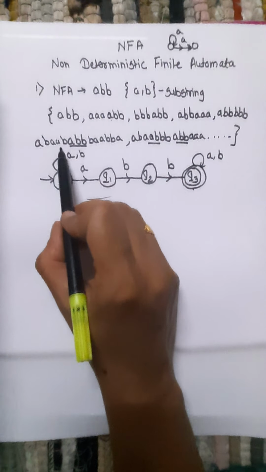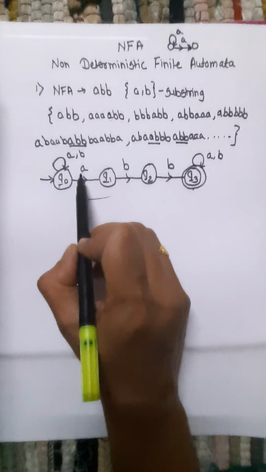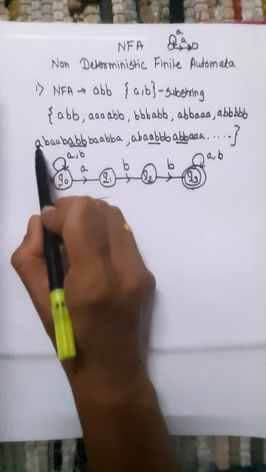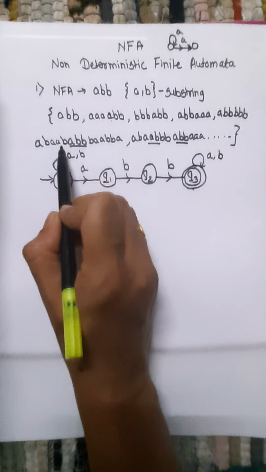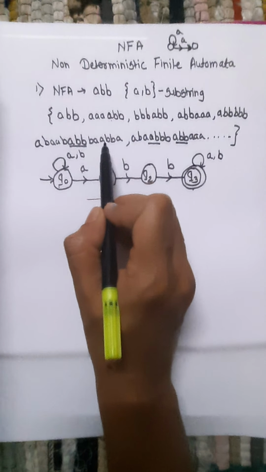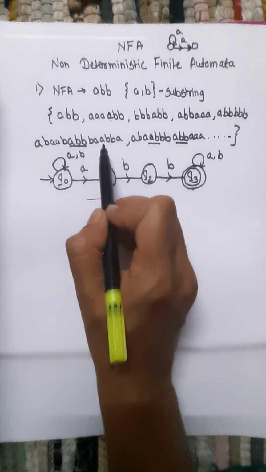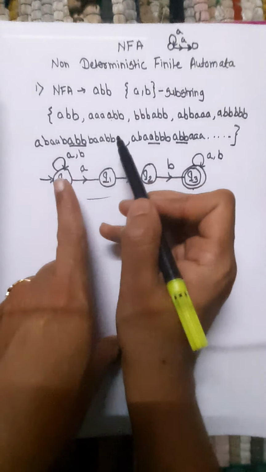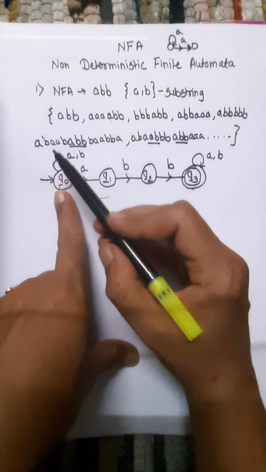Now let's start with the next one: ABB is a substring, and before that there will be a combination of multiple A's and B's, and after that also there will be a combination of multiple A and B. So now let's start. We are going to see